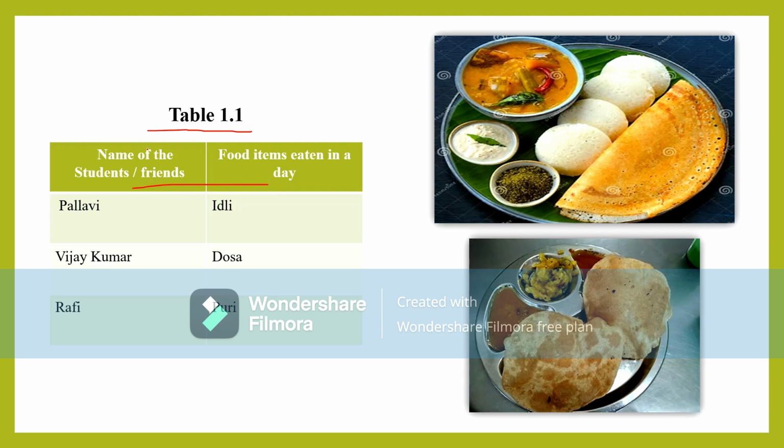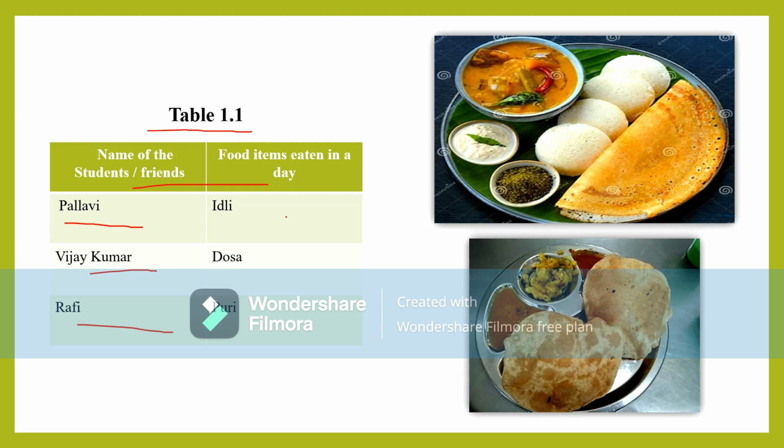Like I have made here a Table 1.1 with two columns, the first column for the name of the students or friends and the second column for food items eaten in a day. List some of your friends whom you have asked what they have eaten today. Write their names. I have written three friends' names. You can add many more friends. In the first column you mention your friend's name, and in the second column what they